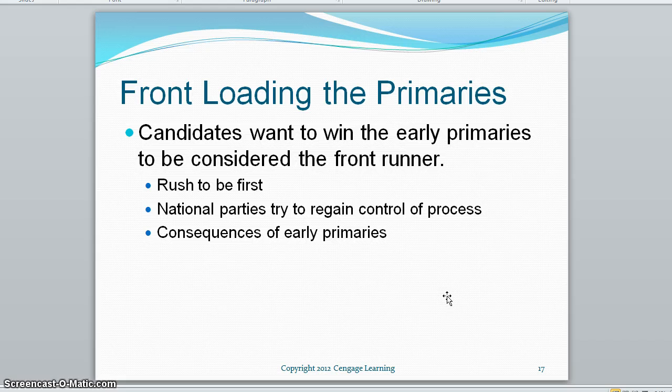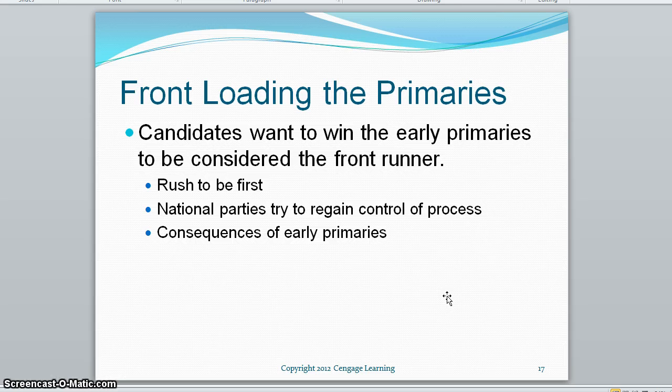Each state determines the date for its primary or caucus. The individual who wins an early contest, such as Iowa or New Hampshire, is considered to be the front runner. And because earlier primaries seem to have greater influence, many states are scheduling their primaries as early as possible. That's called front loading. This has led to the popularity of Super Tuesdays, when multiple states hold primaries on the